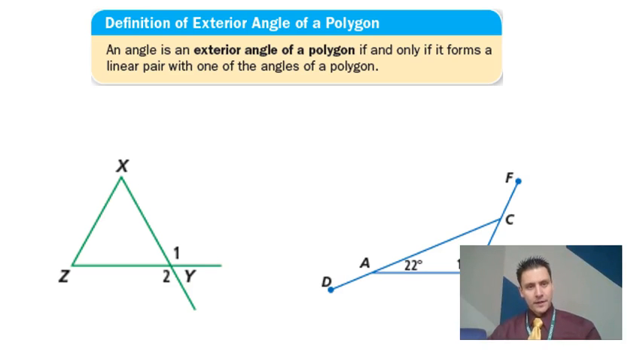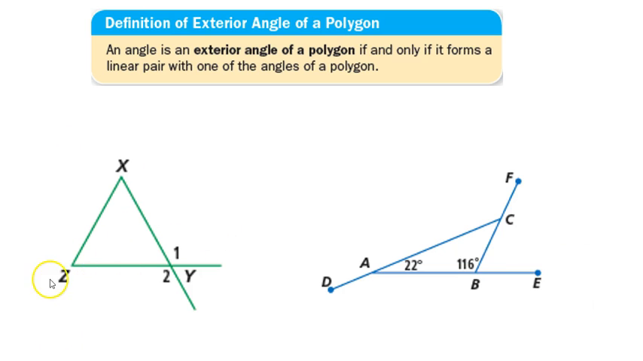All right, I'm going to talk to you about exterior angles of polygons now. So a couple of properties of exterior angles, and more importantly, just what are they? What is an exterior angle of a polygon? So I have a couple pictures here, and the definition of an exterior angle of a polygon, which just says